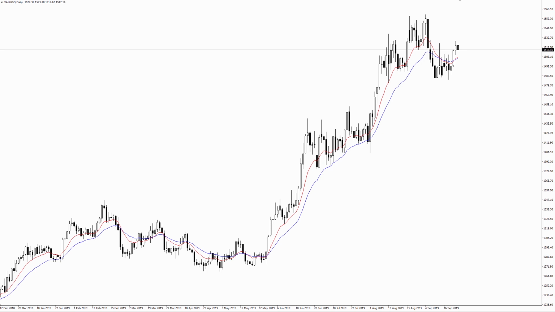What is it about this chart that has me hesitant about buying gold? Can you see it? Hey everyone, I'm Justin Bennett with Daily Price Action, and in today's video, I'm going to